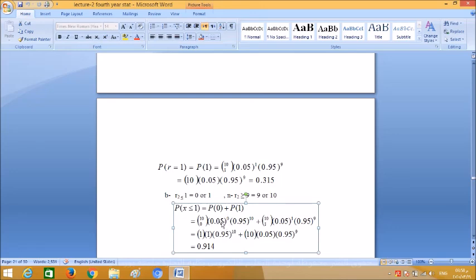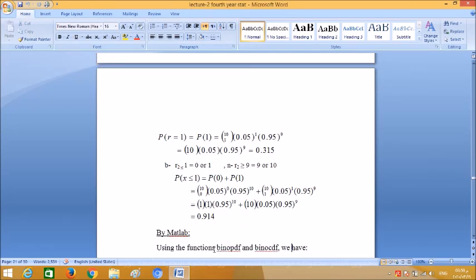You know that any number to the power 0 equal 1, multiplied by 95% power 10, plus 10C1 multiplied by 5% power 1 multiplied by 95% power 9. The result is